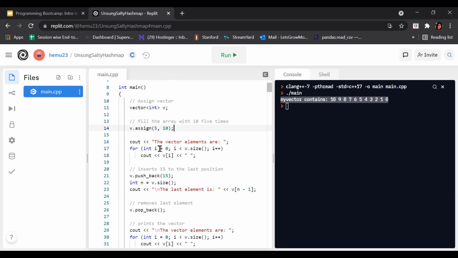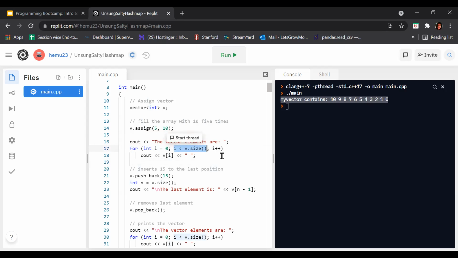which is int i equals 0. This is our initialization expression. Int i equals 0 means create an int variable i and initialize it to 0. After that we have our test expression, which is i should be less than v dot size.